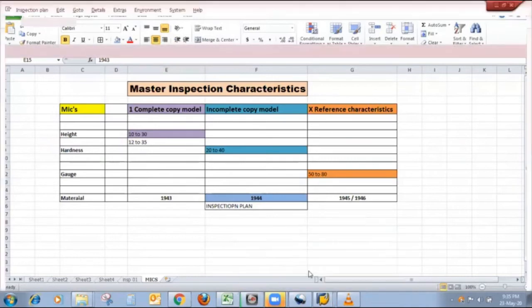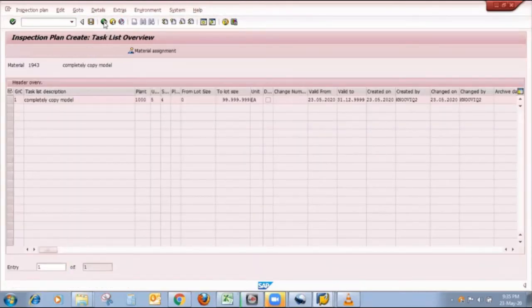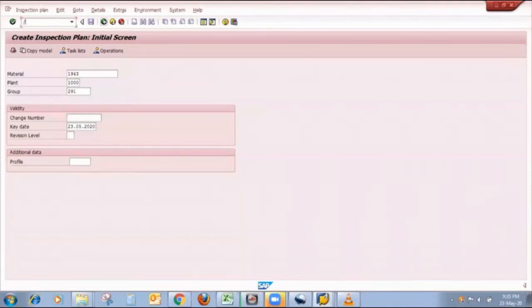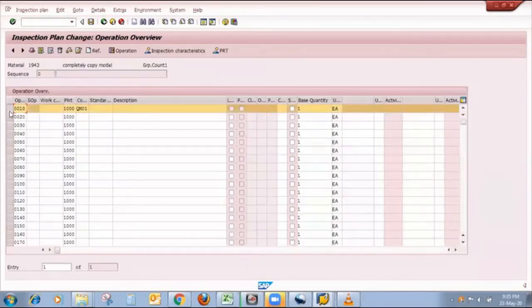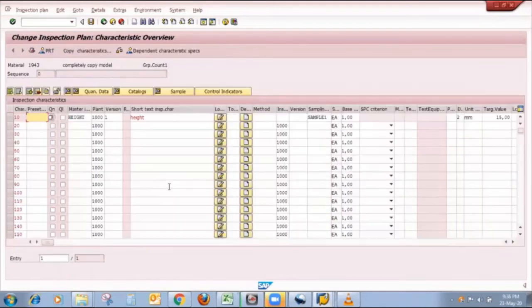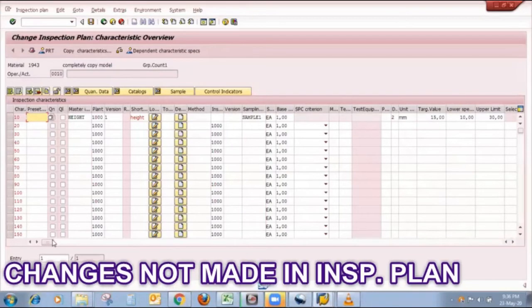So friends, I will move towards inspection plan 1943. Firstly, I maintain change mode. In change mode, I will see whether these changes will take effect or not. I click on inspection characteristics. In inspection characteristics, my MIC is height and my sampling procedure is sample 1.